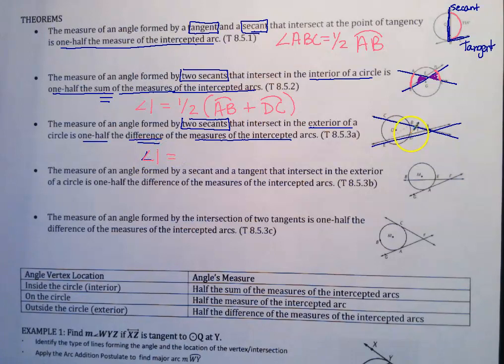Right, so we're looking for the arcs that this intercepts. So it's 1/2 the difference of the intercepted arcs. So it would be 1/2 CE plus the difference. Difference means